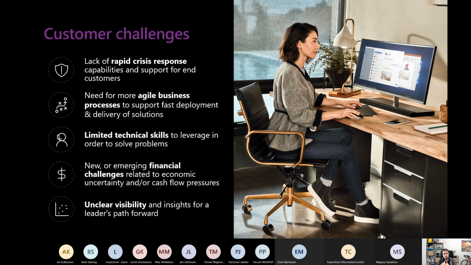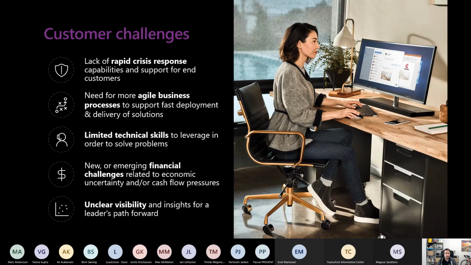We need more agile business processes to support the delivery of solutions inside your company, or we need to use people that have limited technical skills to solve problems inside your company.